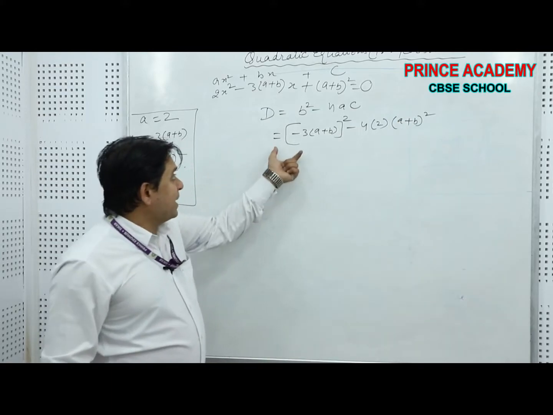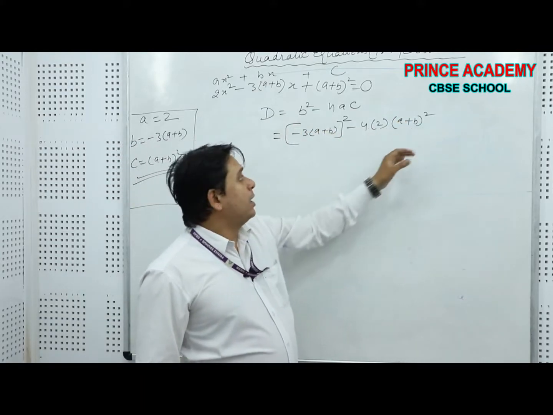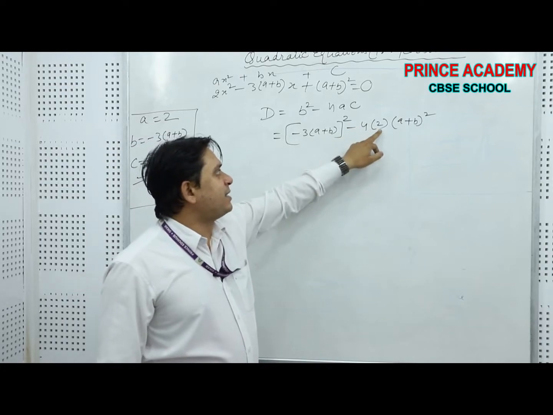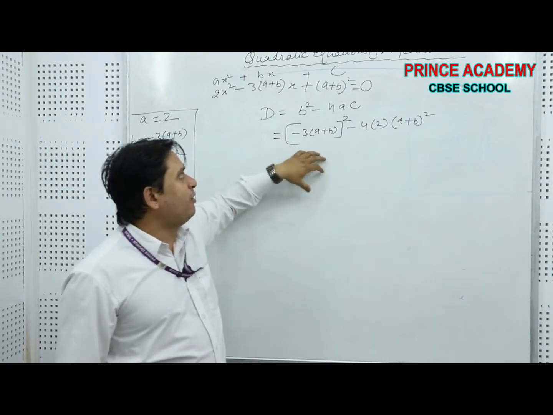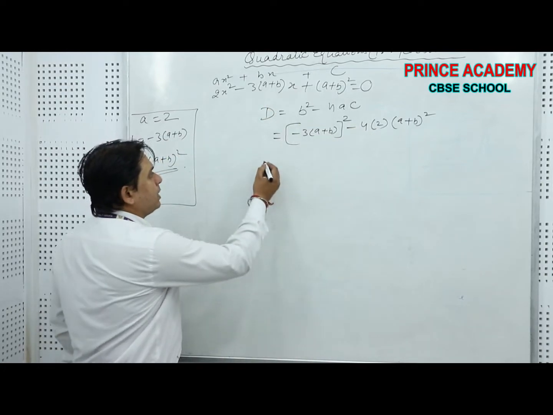Yes or no? b square minus 4ac. b is this one, a is this one, and c is this one. We just put the values. Okay, now see,